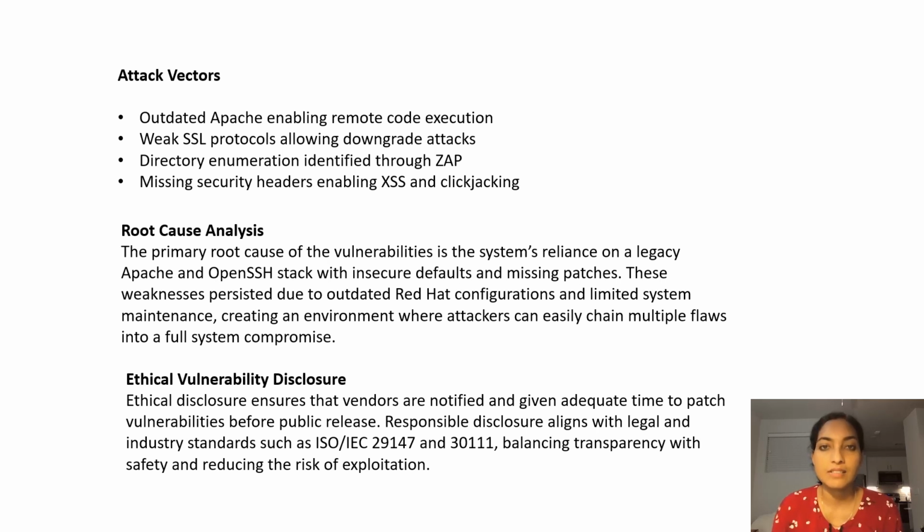In analyzing the system, I determined that the primary root cause of the vulnerability was the reliance on a legacy Apache or OpenSSH stack configured with insecure defaults and missing critical patches, which persisted due to outdated Red Hat configurations and limited system maintenance. This outdated environment created ideal conditions for exploitation, allowing attackers to chain multiple weaknesses into a